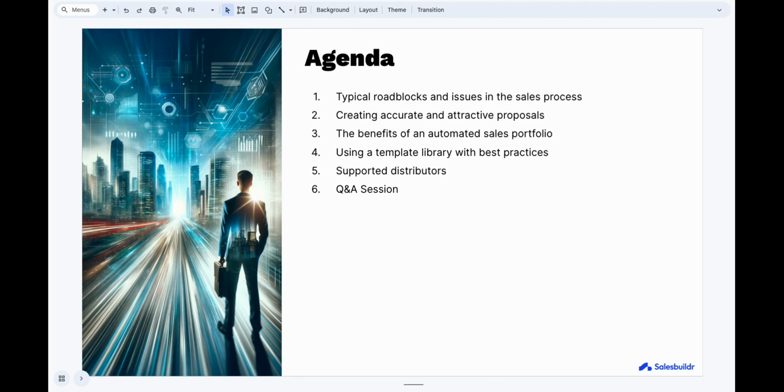We're going to talk about a couple of things in this session. We're going to show you the typical roadblocks and issues you encounter in your sales process. Then we're going to show you how you can create accurate and attractive proposals using Salesbuildr and the benefits of